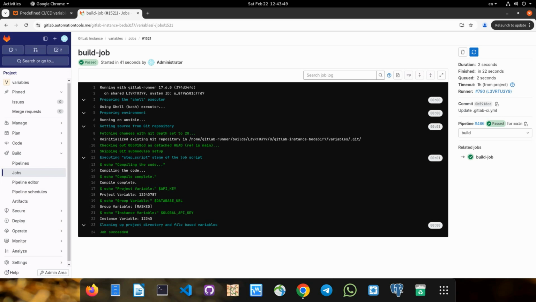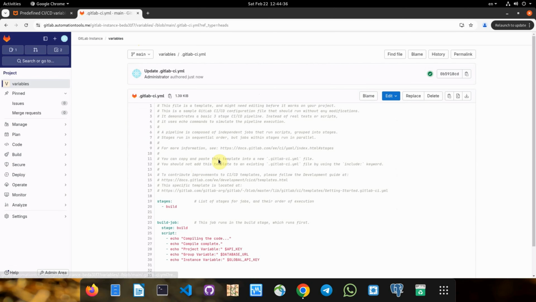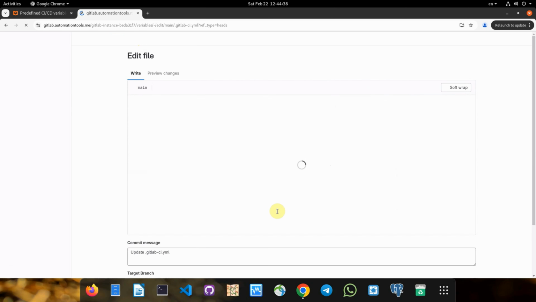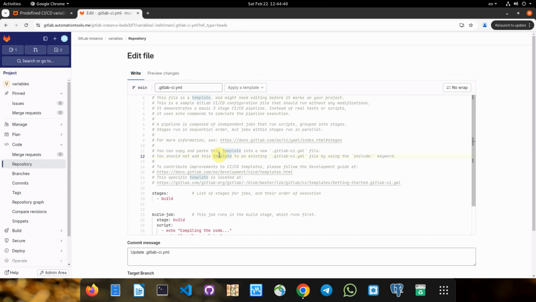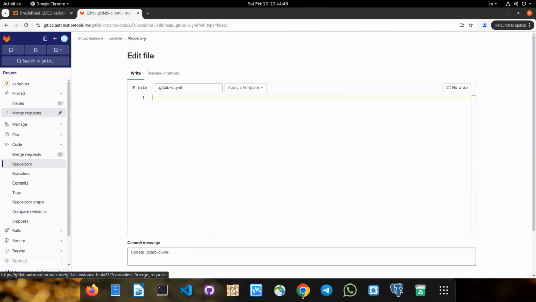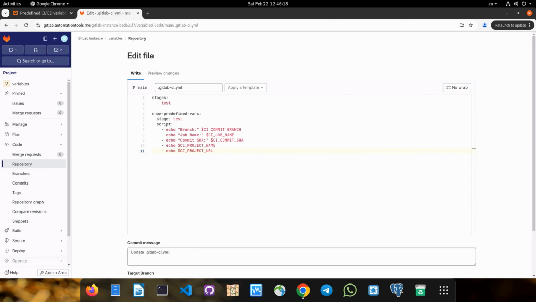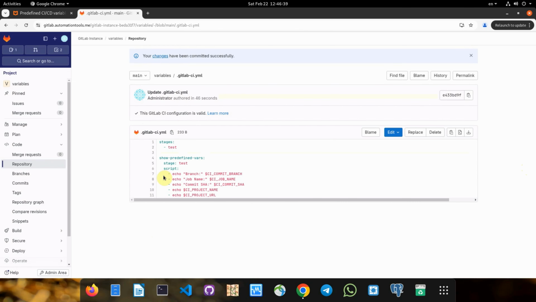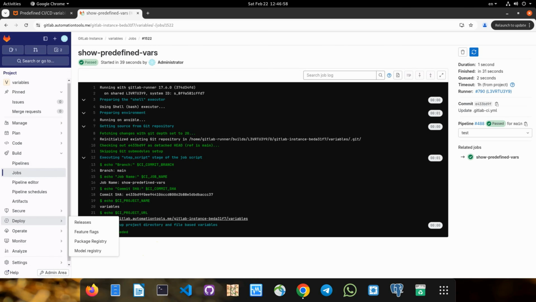Let's go on to exploring predefined variables. I will set up a simple pipeline in our gitlab-ci variables. Go to the file gitlab-ci, delete all. Here you can see GitLab fills the variables based on the current pipeline run. For example, it shows the branch name,